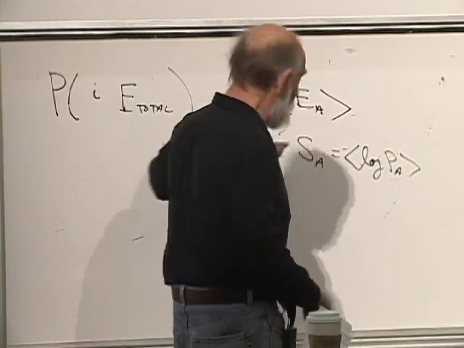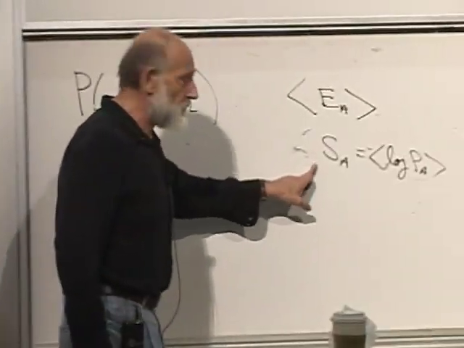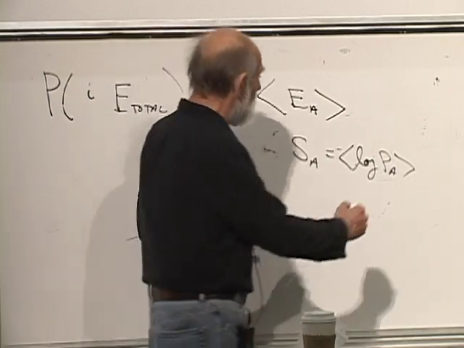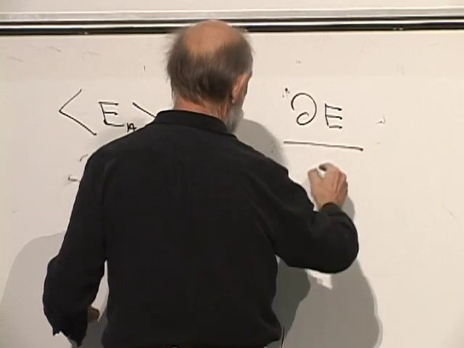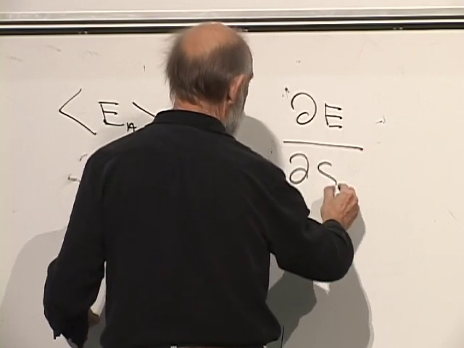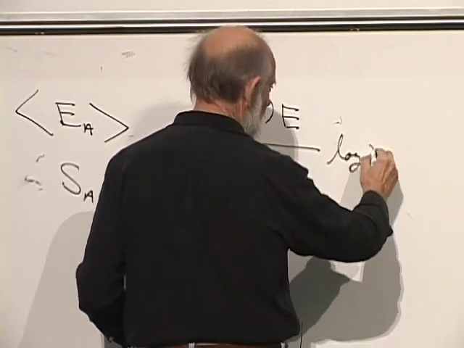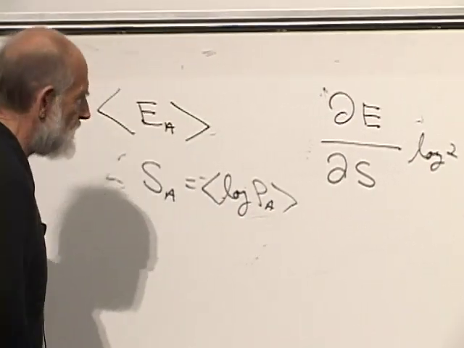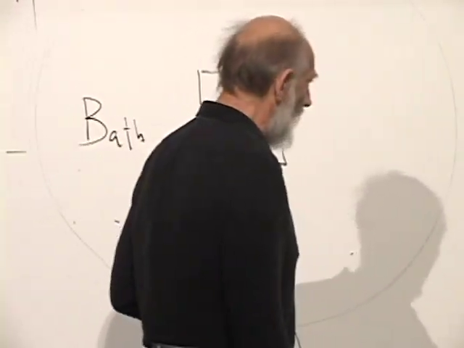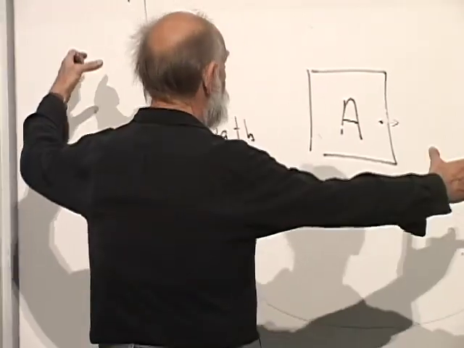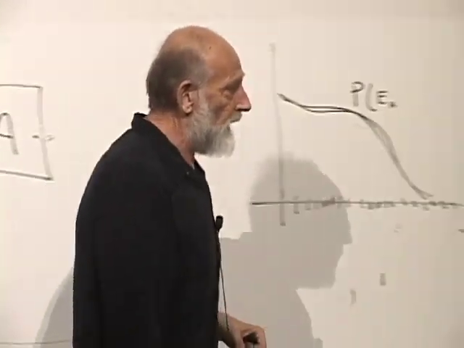How much change in the energy of A must you make in order to change S by 1 bit? That's the change in energy, the derivative of the energy with respect to the entropy, times that 1 bit, which is logarithm of 2 or something. This is not the important thing here. That's how much energy you have to add to A. And how do you do it? You add the energy to A by adding it to the whole heat bath here. That changes the average energy EA.